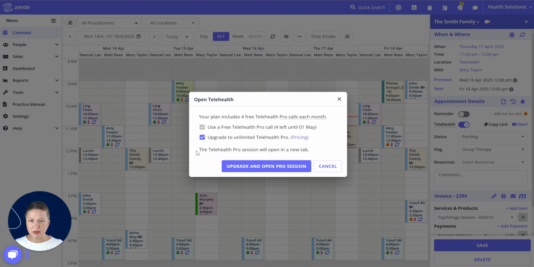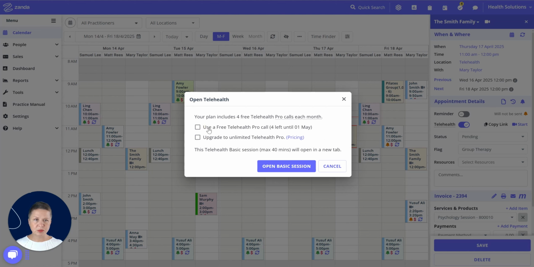Just check this box and click Upgrade and open Pro session, and you don't need to do anything else. But let us have the experience of the basic call, the call that has all the features that we offer with our Zoom Telehealth integration, and it's shorter than 40 minutes. So we'll just click Open Basic Session,